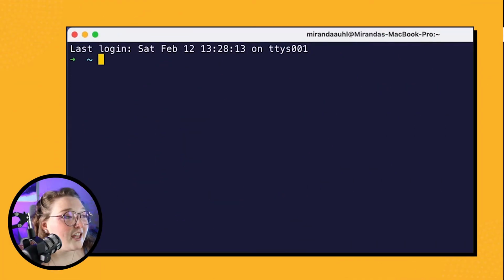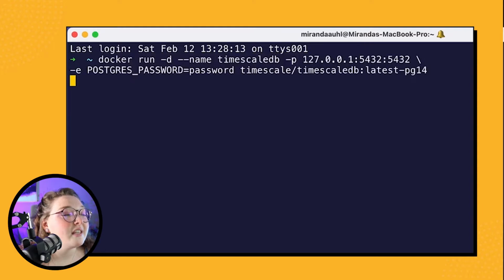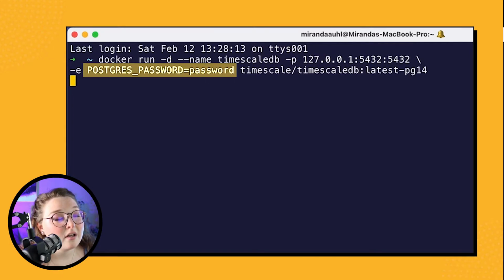All right, so moving on to the second method, how to connect to a Docker container Timescale database instance via your local terminal. Let's look in. So in a previous video, we went through how to create a TimescaleDB Docker container instance, and we used this code, if you remember. And why I wanted to show this code is one, for the password, but also two, for the port